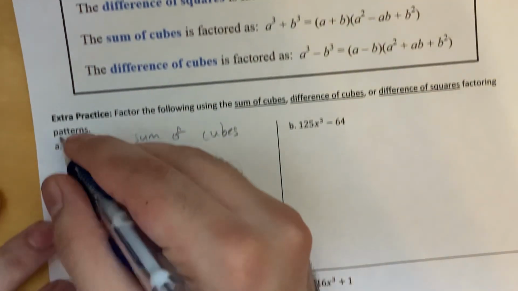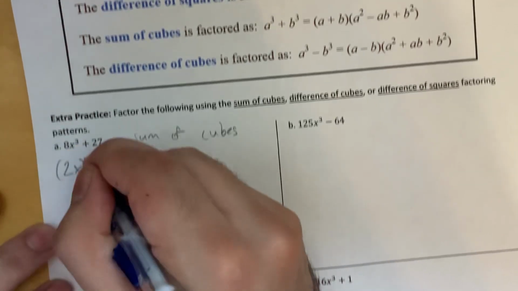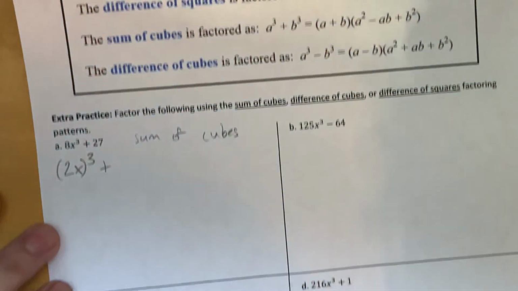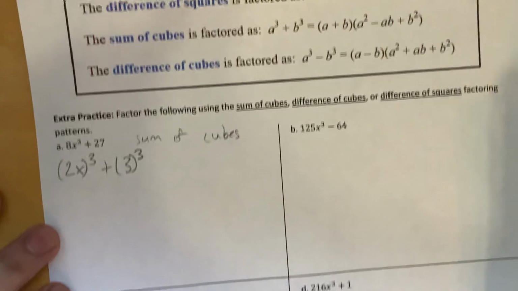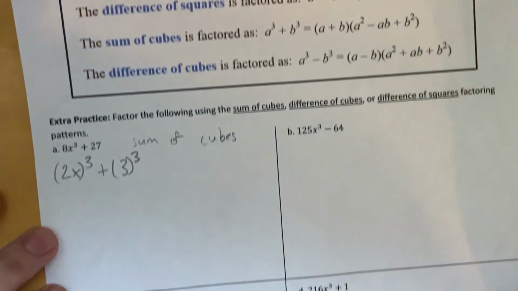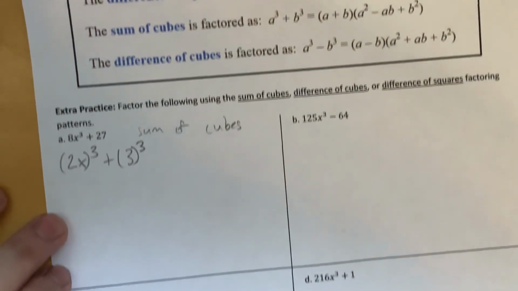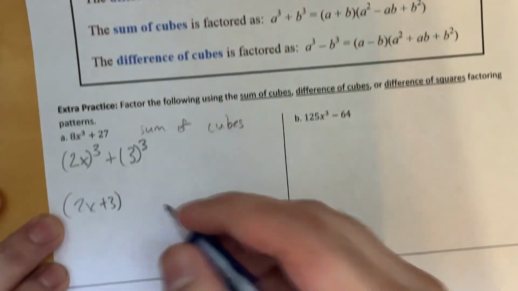So what's the cube root of 8x cubed? It's 2x. And if we cube that whole thing, we get 8x cubed. What's the cube root of 27? 3. 3 cubed. Can we now use the sum of cubes formula to get the factor? Yes. So we're going to get 2x plus 3 times